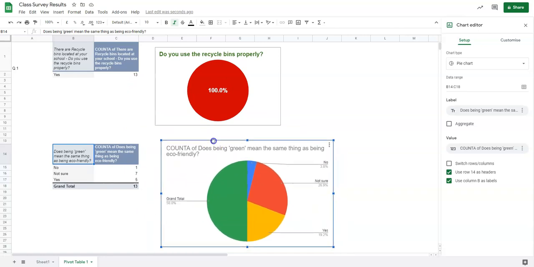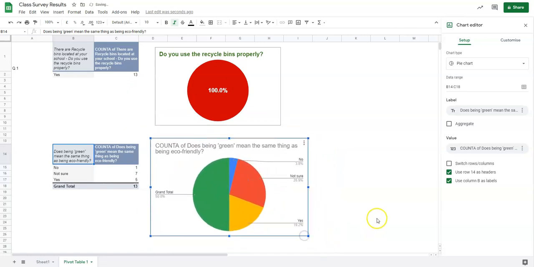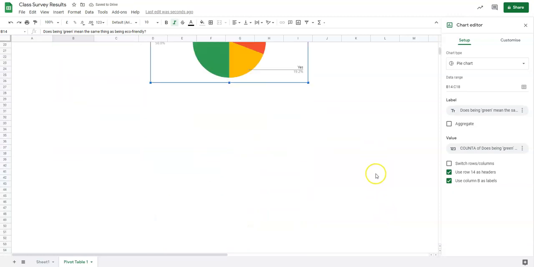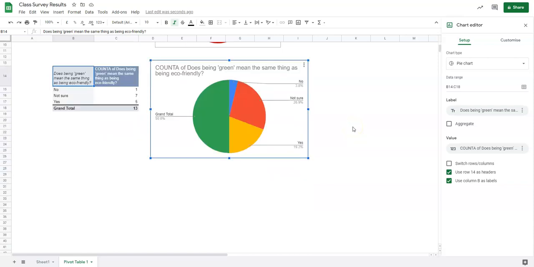Now I'm just going to move it down a little bit here. Just make it a little bit smaller. And I can just keep going down this pivot table 1 page and creating as many charts as I want. Now this is a chart, but I'm going to leave it now. We can go in and change all that as